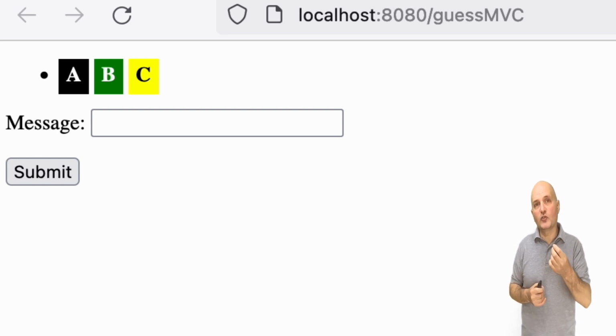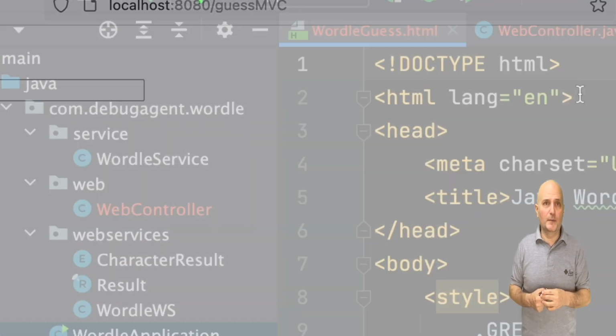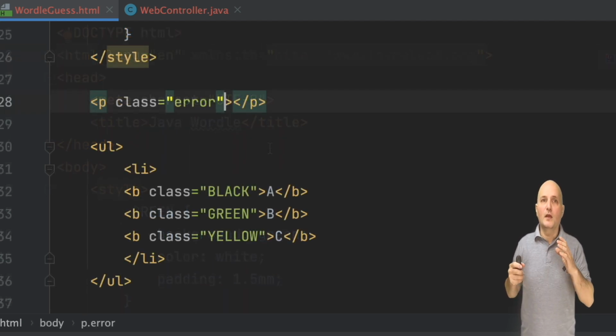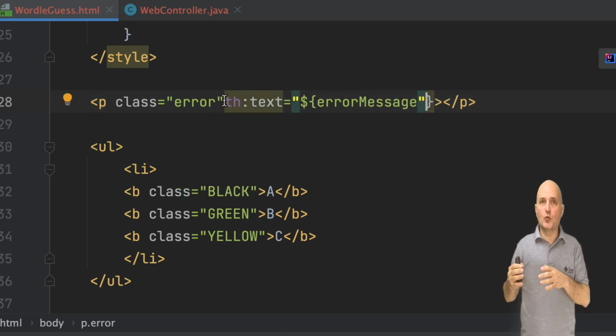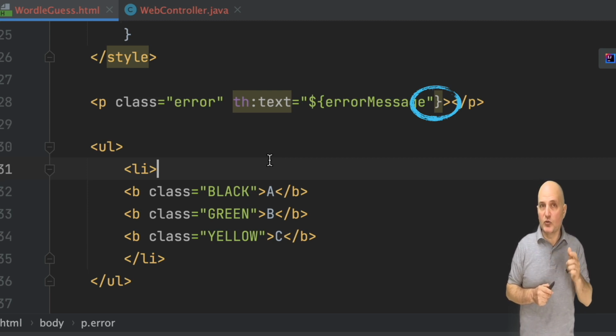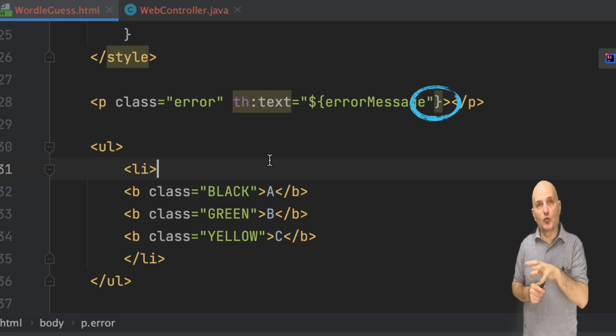We can now start adding Thymeleaf support to the file. First, we need to add the Thymeleaf HTML namespace, otherwise we'll see a lot of warnings in the IDE. I can now replace the blank error message with an error message from the controller. Notice I have a typo that happened a few times in the file because of the wayward IDE plugin. The last closing bracket here is in the wrong place and should be within the quotes. This happens a few times in the code later on too. This is fixed in the GitHub source code.